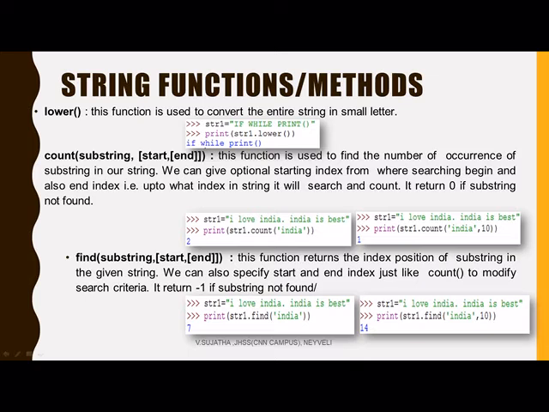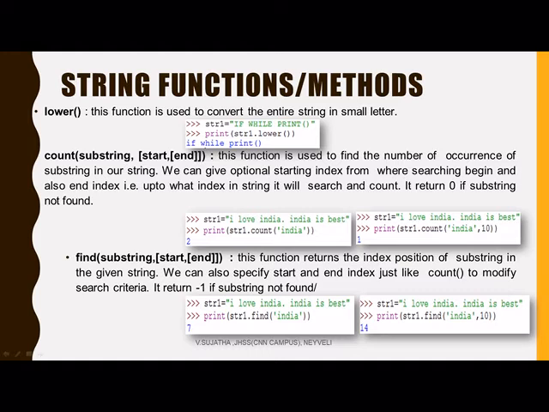And the same example I am using, but I am going to use the starting index. Now I have given the starting index as 10. The starting index means this is 0, 1, 2, 3, 4, 5, 6, 7, 8, 9, 10. Starting from this place only, it is going to start the counting. Now it is available here only, so the count is only 1. So this is the method for counting the number of occurrences of the substring in your original string.